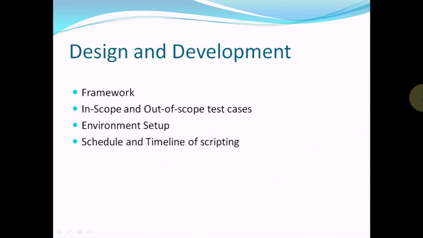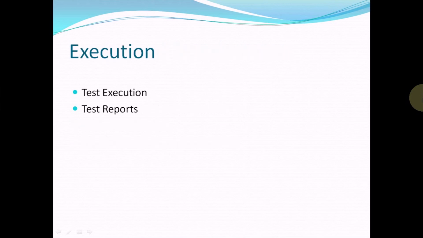Once the test cases are developed, the next phase is execution. Here we see how we are going to plan the execution, how the reports are going to be generated, and how we are going to communicate the reports to all the peers. This is about the automation testing